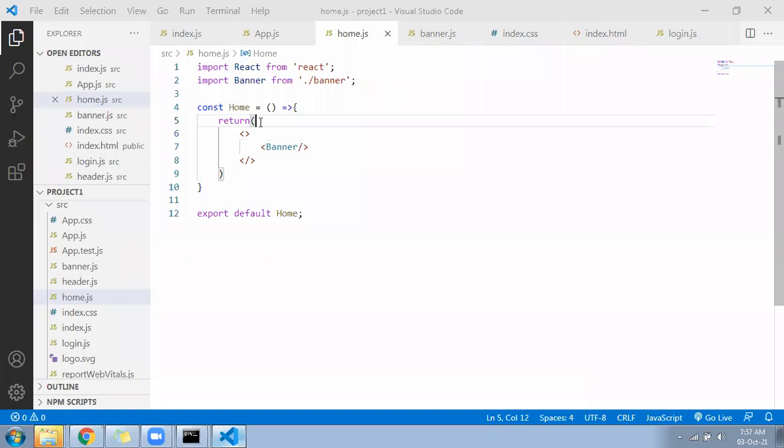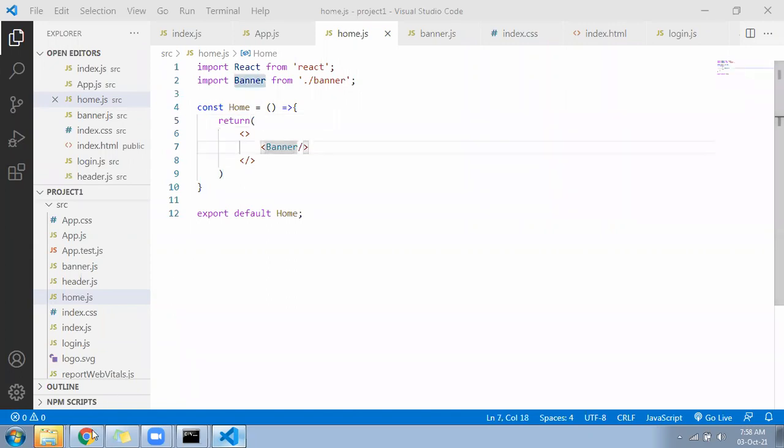Next, we will complete the register file. After that, again, we'll come back to the home page.